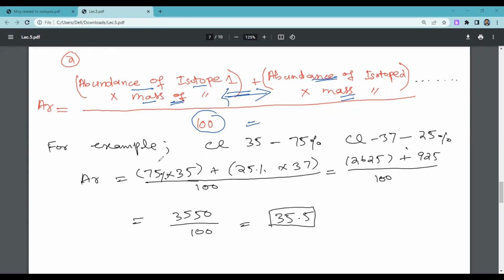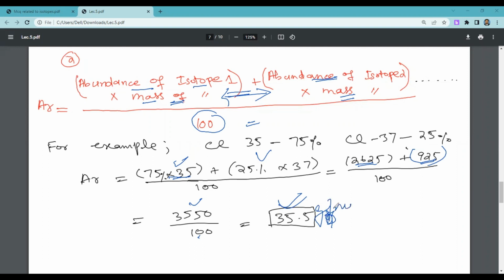Let's prove it. 75% multiplied by 35, 25% multiplied by 37. By multiplying these numbers and simply adding them, we get 3550 over 100, the answer will be 35.5